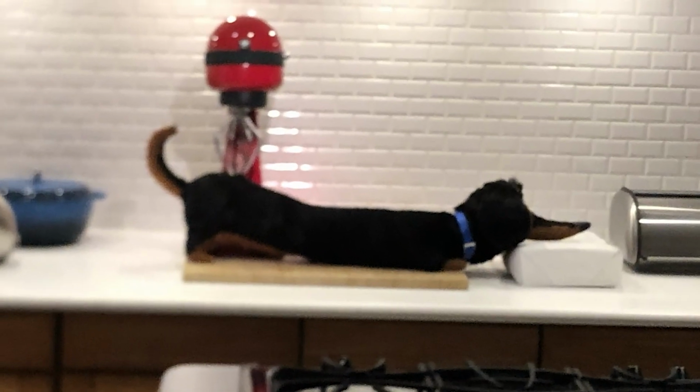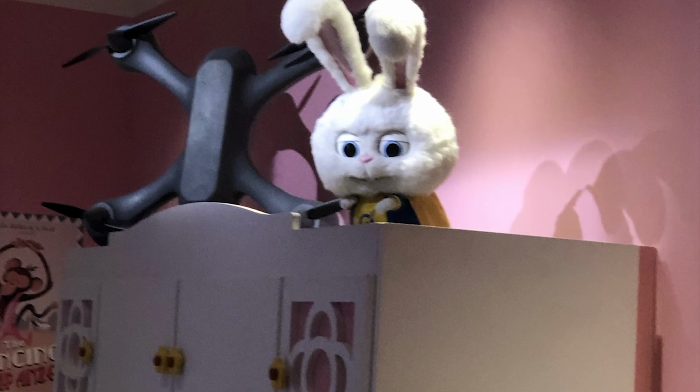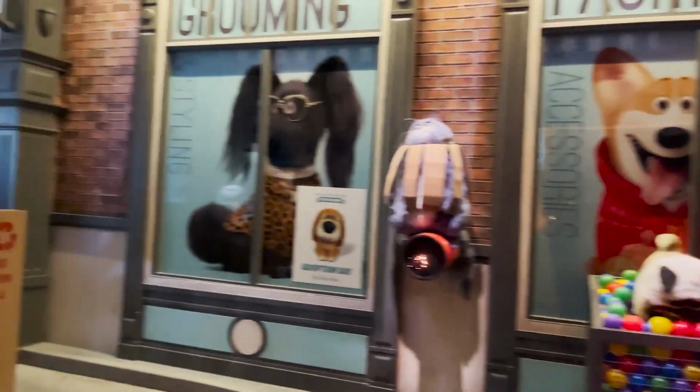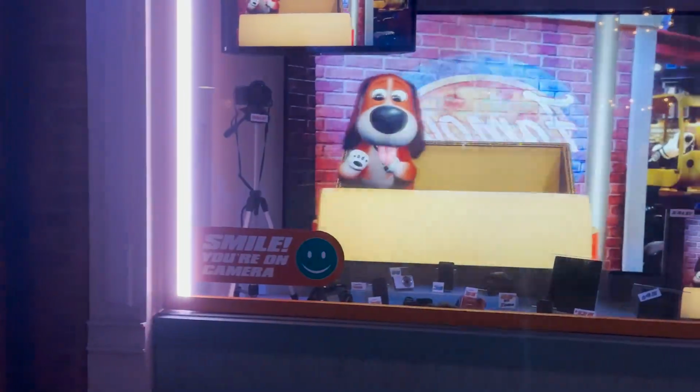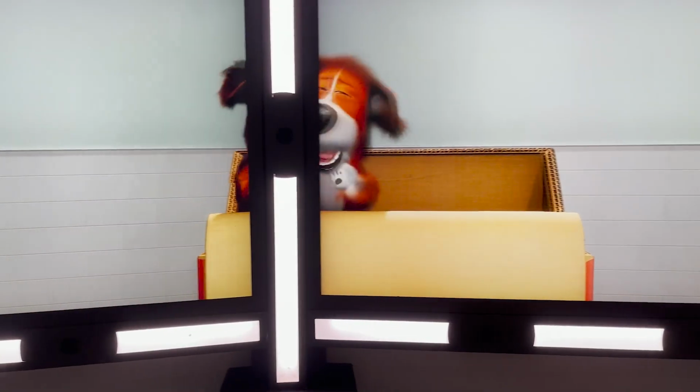The queue for the ride alone is one of the very best in the park. You really feel like you're walking through apartments in New York, complete with animatronic pets. The ride itself has fantastic sets and fun animatronic gags. I also like the AI technology used to turn us into pets, and the way they incorporated it within the